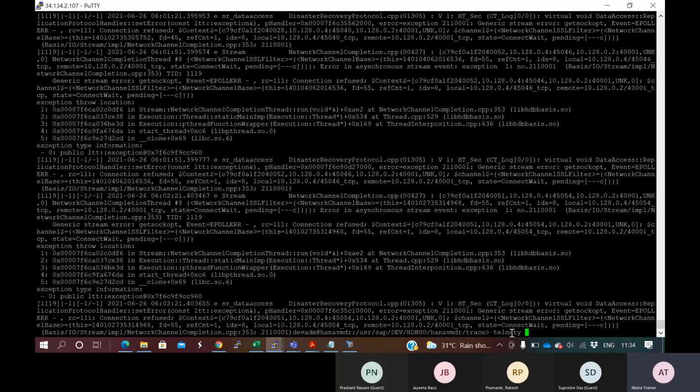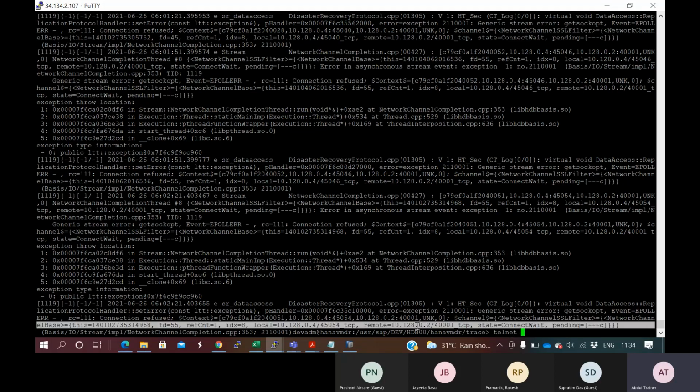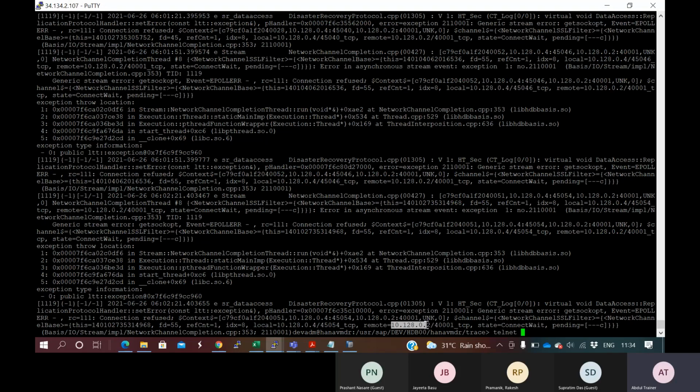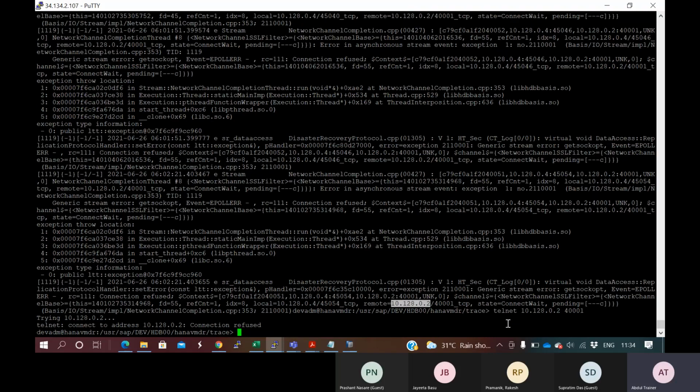Telnet. Let me try telnet. Yeah, if you see, telnet is also not working, it is refusing. So something might be at the OS level or at the network level. It is not allowing the communication between these two systems. So I think something needs to be configured at the OS level. Another way I can check it, one thing we can check,